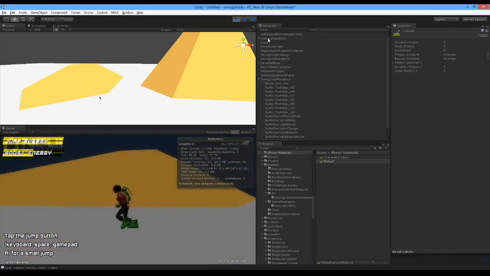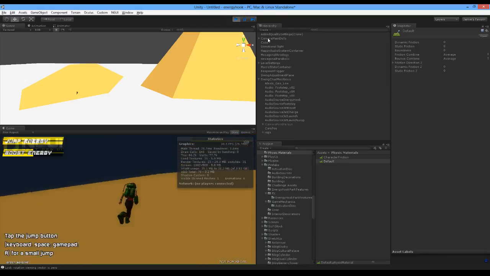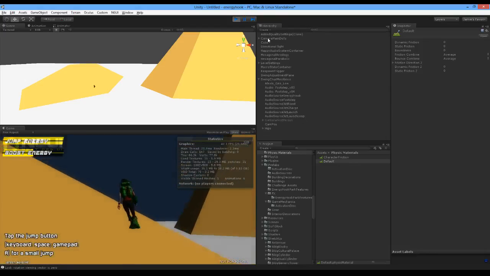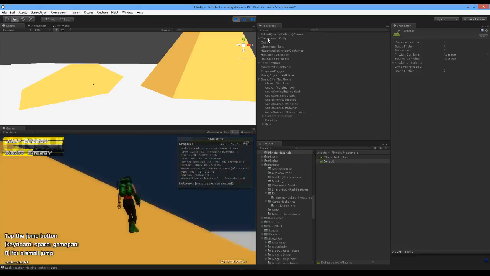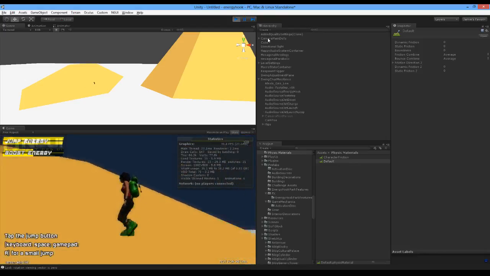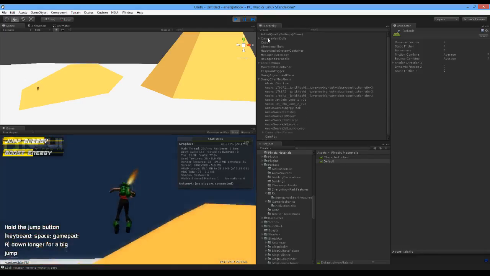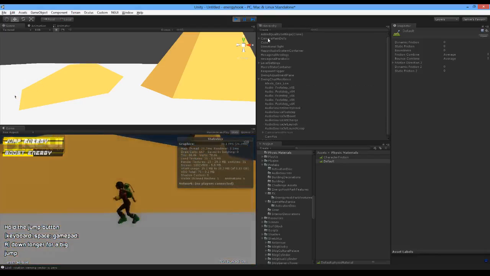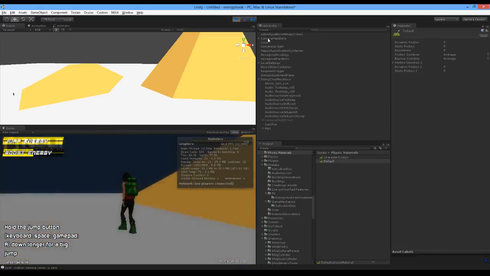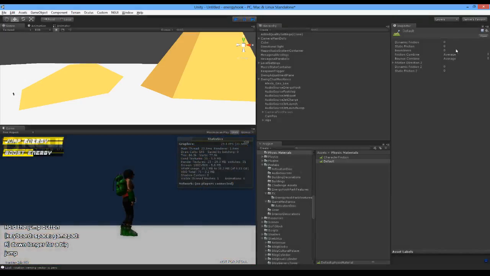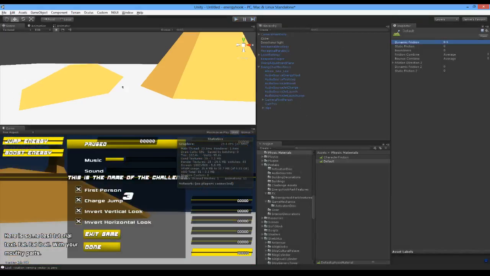Even with friction low, it isn't solving our problem. So I'm going to turn friction back to where it was and adjust her